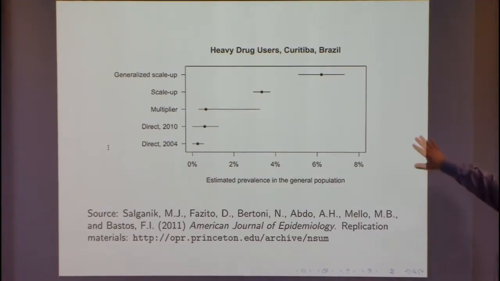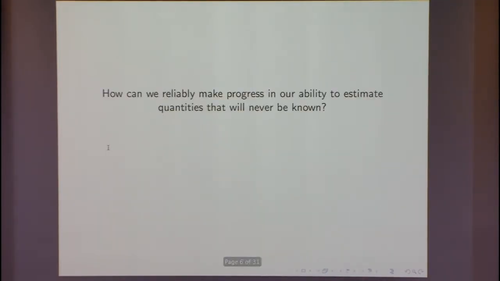In practice, what happens usually, so in this case, all of these were produced by one research group, so we don't fight within ourselves very much. But I've been to a lot of meetings where someone does it one way, someone does it the other way, and then they kind of argue. And whoever can yell the loudest, that's the estimate that ends up being used. And that is really not what we want. We'd like to have some way that we can actually reliably make progress and distinguish between different people's claims. So I think there's sort of two main ways that we could try to do that. One way is theoretically, and one way is empirically.